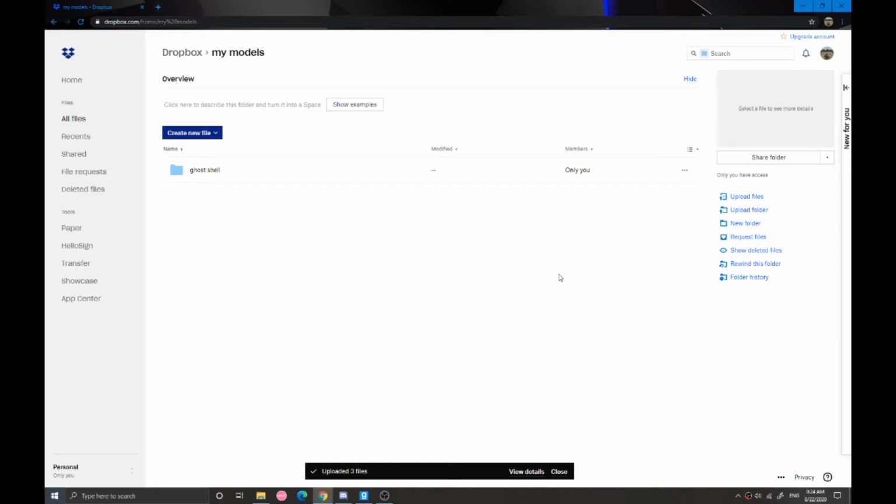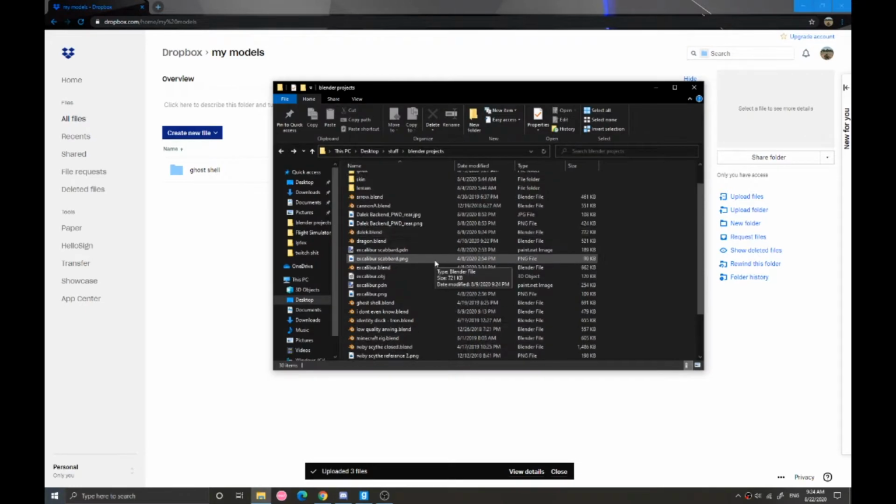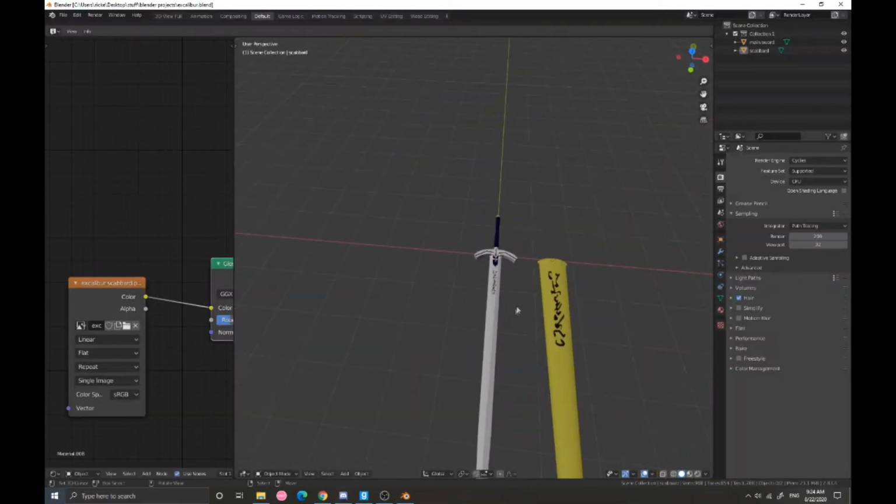Well, hello, and today I'm going to show you how to put your model you've made into gmod. A few days ago I made this model Excalibur from Fate,